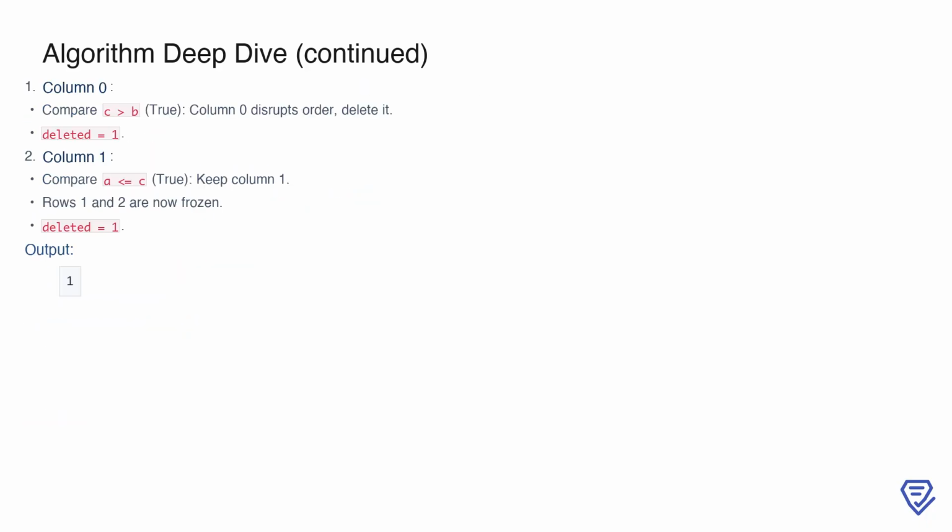Consider the input strs equals ["ca", "bb", "ac"]. We start with column 0 and compare characters across rows. The comparison c > b is true, meaning column 0 disrupts the order, so we delete it. This increments our deletion count to 1. Moving to column 1, we compare a <= b, which is true, so we keep column 1. At this point, rows 1 and 2 are frozen since they are now sorted. The total number of columns deleted is 1, which we return as the result. This example clearly illustrates how the algorithm selectively deletes columns and uses row freezing to minimize unnecessary comparisons, achieving both